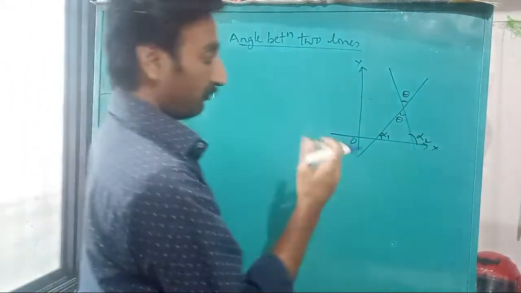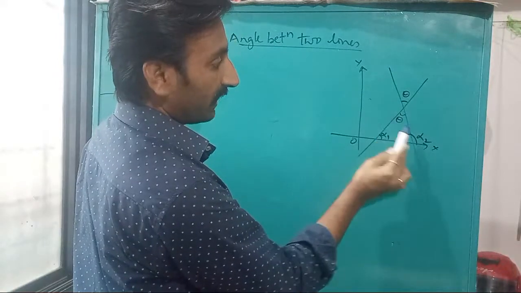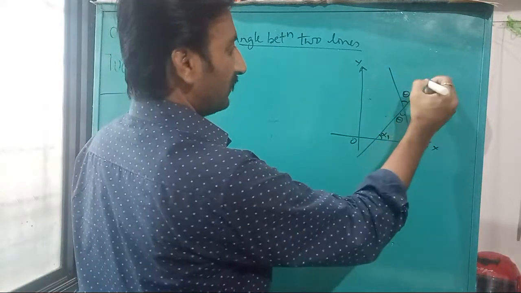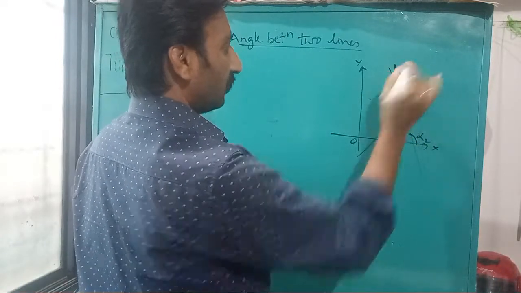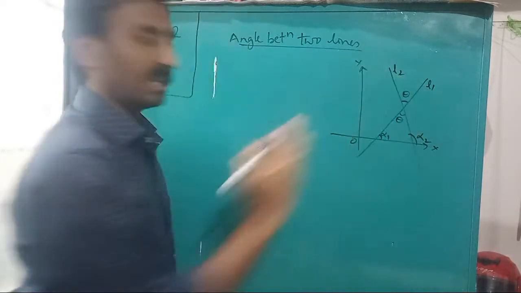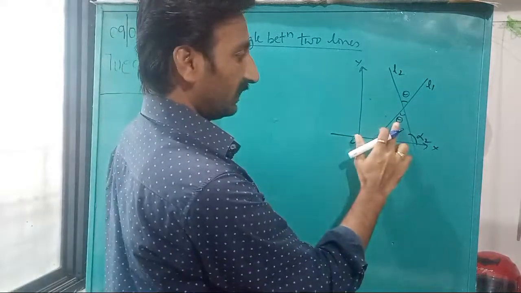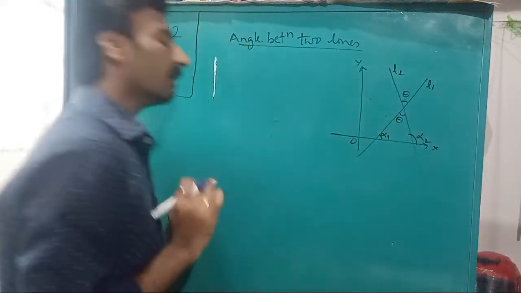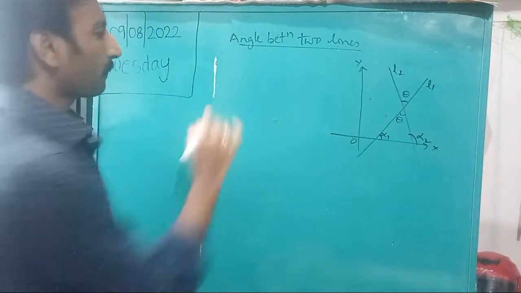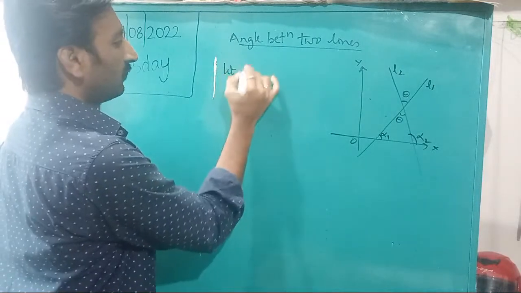We are interested in what the angle between these two lines is. If I say this is line L1 and this is line L2, what is the angle between the lines L1 and L2? This is what we are interested in, correct? Again the same logic, I say let